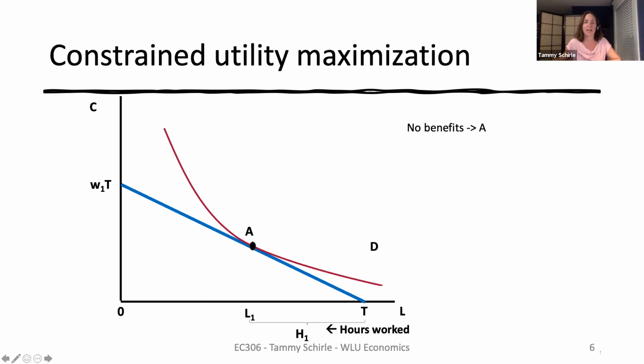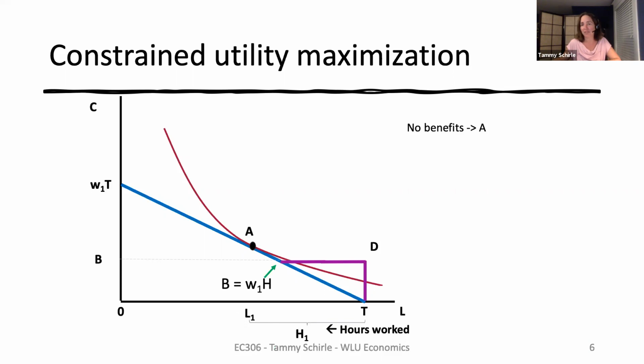Now suppose they are offered the benefit B if they do not work at all. This creates this segment here in purple, in line with benefits B. Suppose the person worked a bit and earned some income. Well, that would reduce their benefits dollar for dollar, and they'd still be at this benefit B in terms of their total income. And they would continue like that until they worked enough to reach their original potential income constraint.